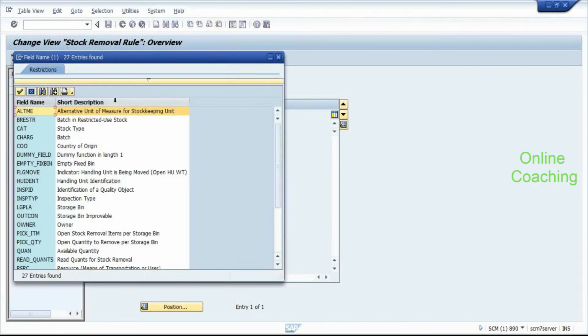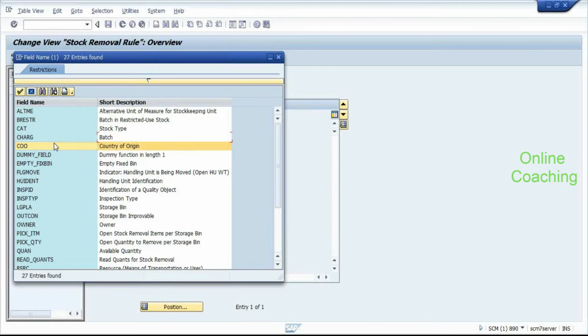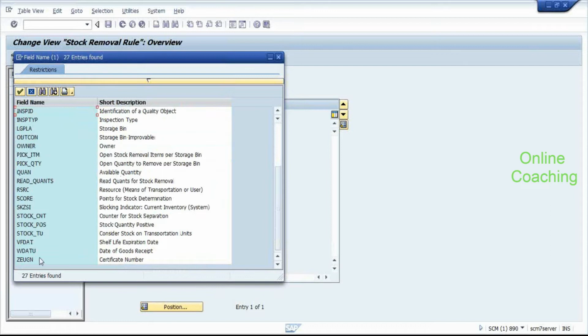So these are the various fields that I can play with. There's something which I can have as first in, first out. It means if I've received 3 consignments of the same product, let's say the first I received on April 1st, the second on April 2nd, and the third on, let's say, 6th of August. Now if I place a FIFO principle, a FIFO stock removal strategy, at my storage bin,